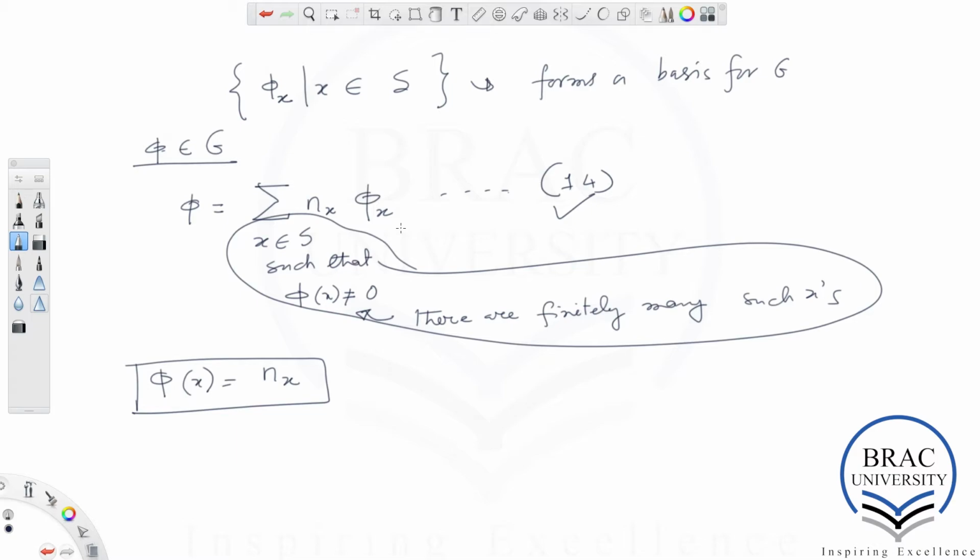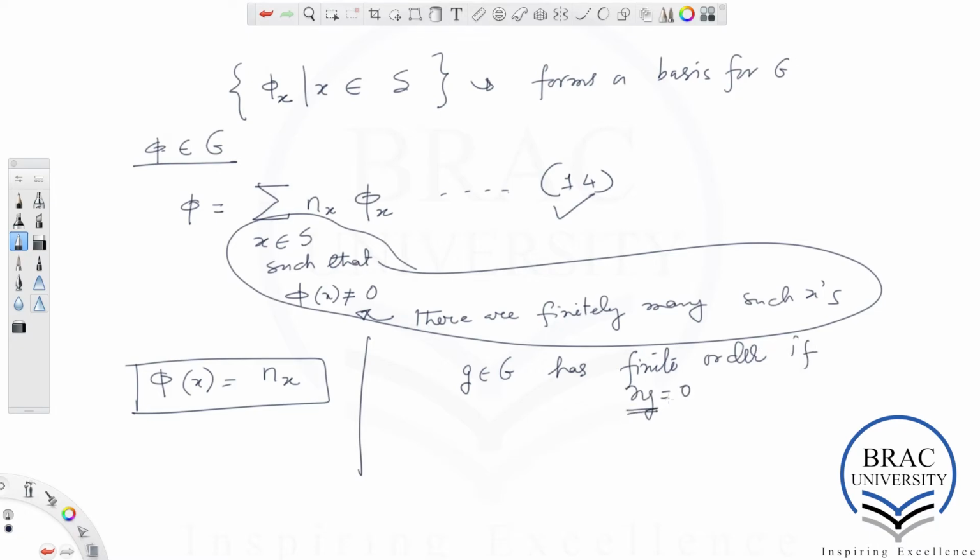We have seen earlier that G is an abelian group. Okay. And an element g in the group has finite order if ng is equal to 0.